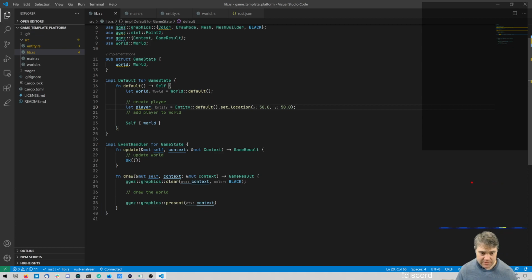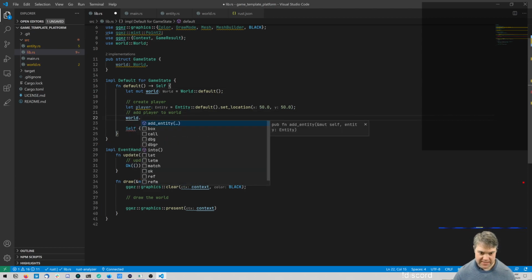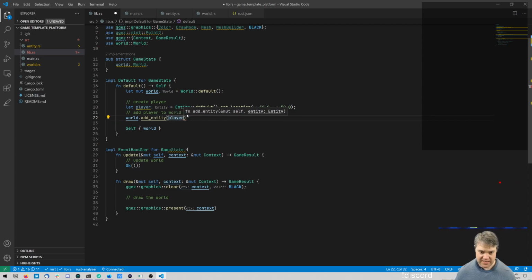We want to add the player to the world, so the world needs to be mutable. world.add_entity, add in the player. That's that. And then we store the world in here. Okay, perfect. Now, if we want to update the world,